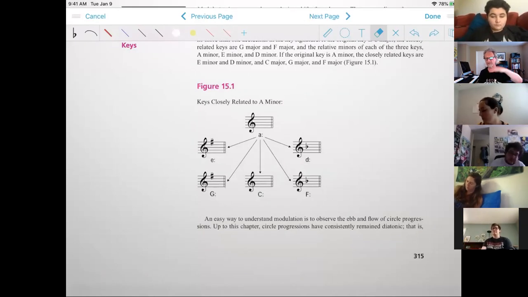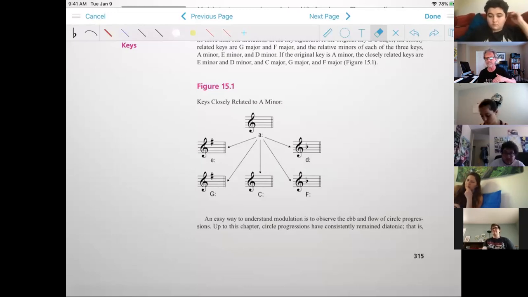It just kind of centers you. So I'm going to say C is the center. And if I go to the right in the key circle, it's going to be G major with 1 sharp. And if I go to the left, I'm going to go to F major and add 1 flat. Then every one of those relative minors are also going to be closely related too, because I can go from